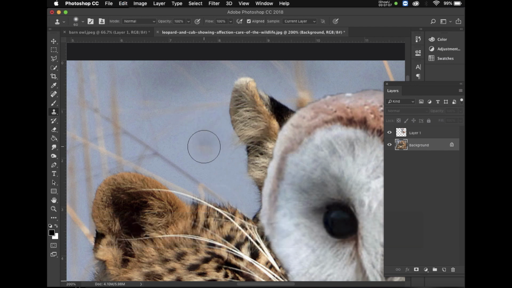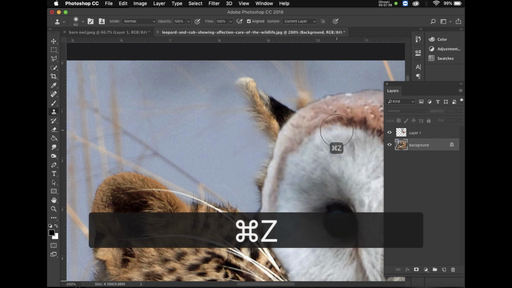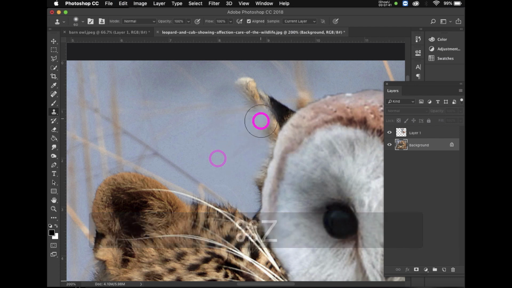So here's my suggestion, and this is something that I do on a regular basis. I will select an area and then paint a little bit, go back, select another area, paint, and you also want to make sure that you select an area that's close to where you want to take something out or adjust something, because if I were to select here, where's that purple blue, it doesn't blend well. So I'm going to keep selecting this lighter blue